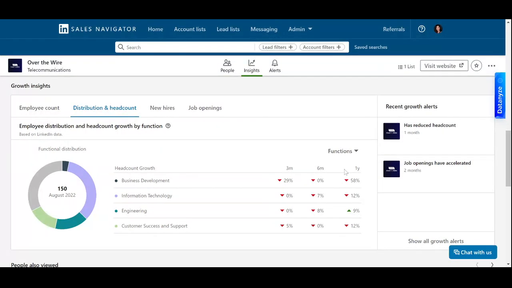So me personally, I might not be targeting this company because I'm a sales trainer and it doesn't seem like they're growing in their sales. But who knows? As I said, I'm making an assumption. Maybe they have a very small team now that needs a lot of training. So it just depends. I have to use my intuition and common sense and do a little bit